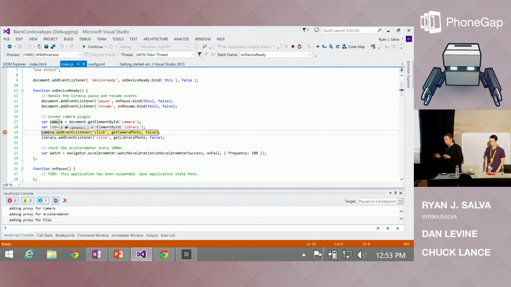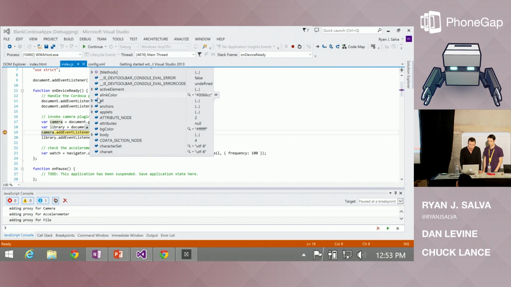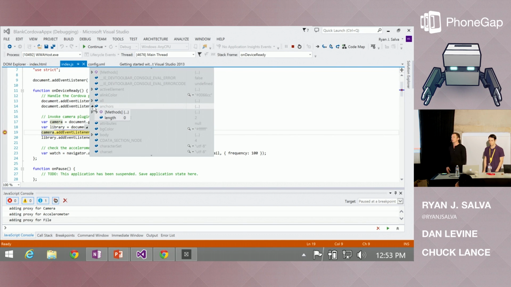And so this works, to be clear, I'm showing it in Windows. This works equally well when deploying to an Android device or soon to be an iOS device. So I can see what's in the camera object here. In fact, let's go here. I can see what's in documents. I can scroll down and inspect all the different properties, attributes, and methods that are available in that object, making it super, super helpful when I'm trying to figure out what's going wrong and why a particular attribute is undefined or why a particular method is failing, that kind of thing. Awesome. All right, cool. I think that's all that I got to do.